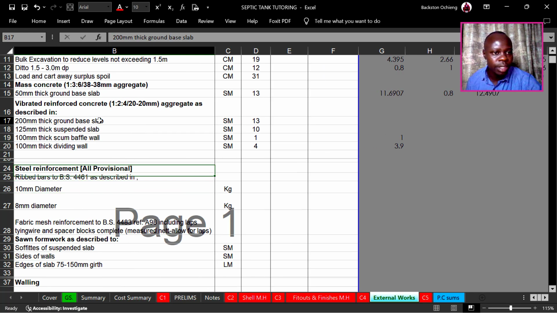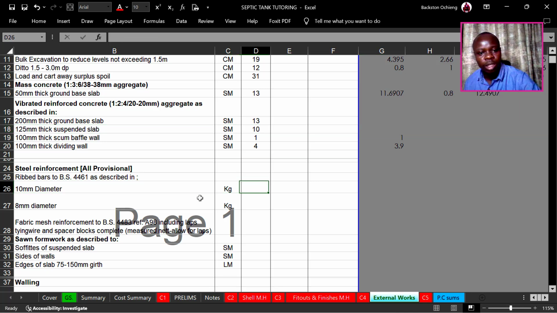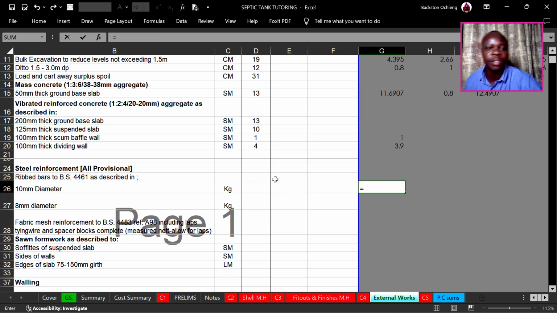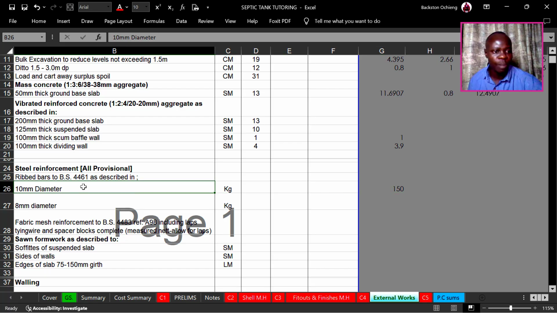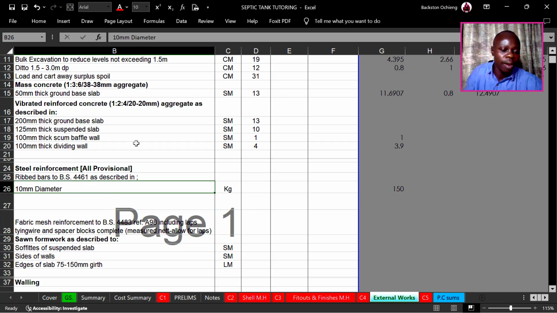This is the cover slab. It's 10 square meters. So let's take the 15 kgs per square meter. So it's 15 multiplied by the area of the suspended slab, which is 10. So here we get 150, but instead of subdividing into specific diameters of reinforcement bar, we'll say assorted reinforcement